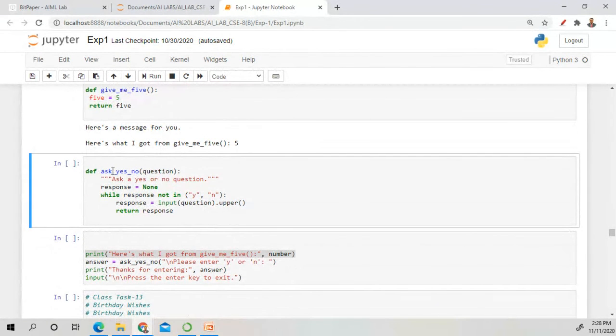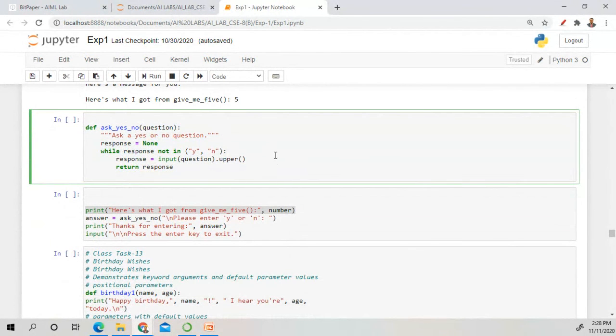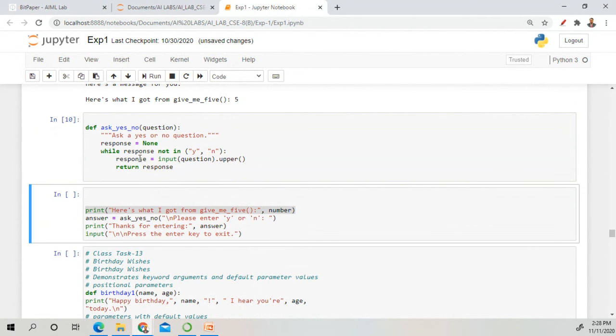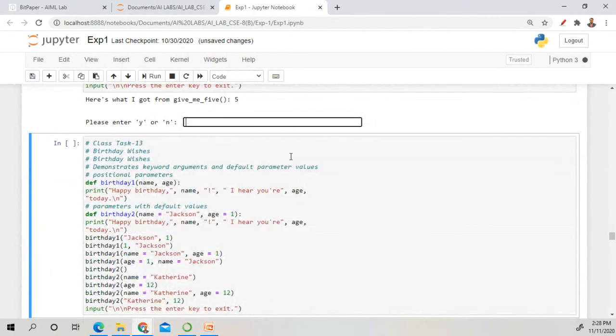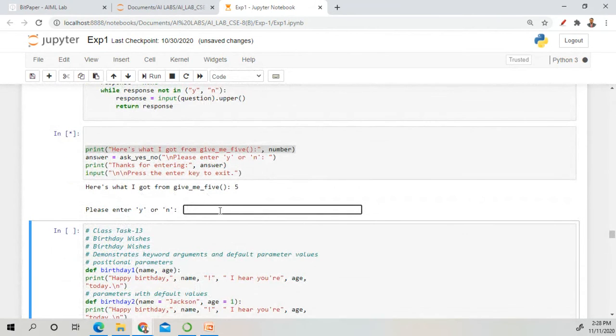Okay, so this is the last function we have created, ask yes or no, then question. How to call this function? We have created this function. How to call this function? So after creating this function, how to call? You can see from here. So this is the third output.